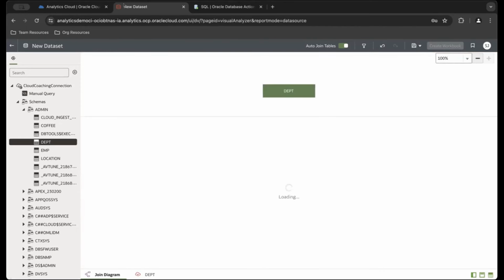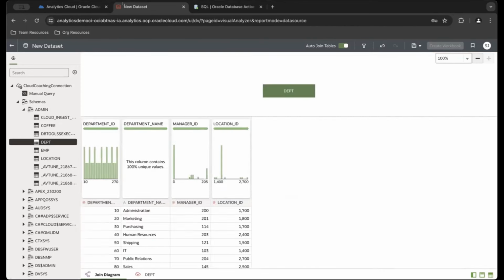So first thing we're going to do is we're going to grab the department. We see here we have 3 ID variables. None of these should be numerical. These are meant to be categorical measures. So we're going to quickly switch them over